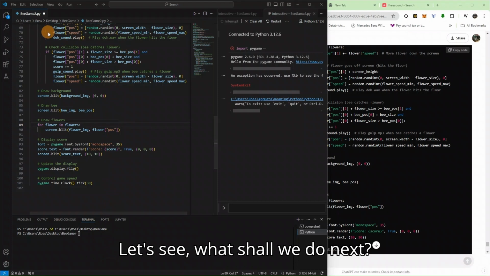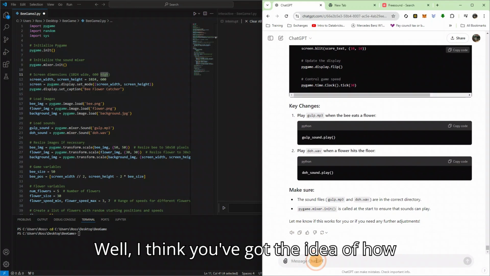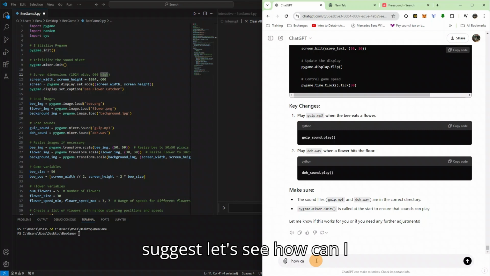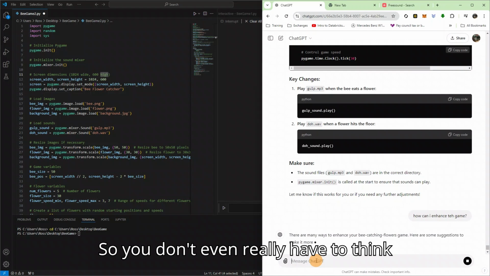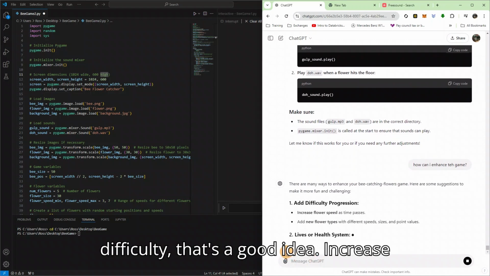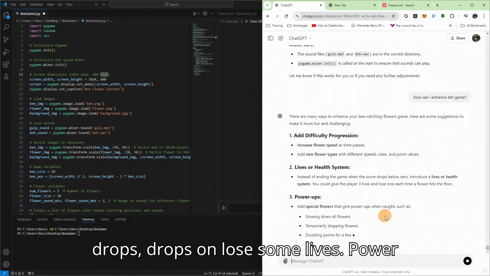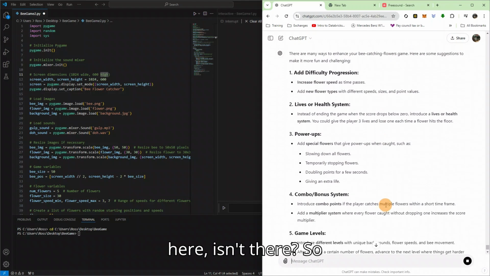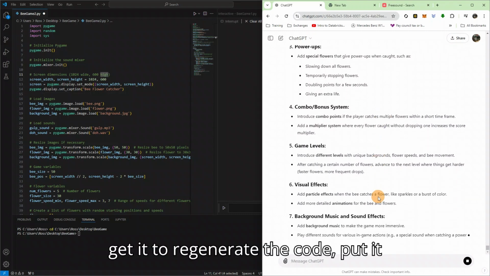Let's see what shall we do next. Well, I think you've got the idea of how you do this now. There are more enhancements you can add. It'll even suggest them. Let's see. How can I enhance the game? Let's see what it says. So you don't even really have to think about what we're going to do. Add difficulty. That's a good idea. Increase the speed as time passes. When the score drops, lose some lives. Power-ups. Oh, that's a good one. Combo bonus system. Oh, there's loads of suggestions here, isn't there? So, as you can see, choose one that you want, get it to regenerate the code, put it back in,